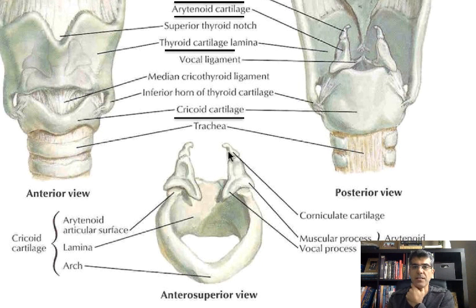Did you notice that the arytenoid cartilage is like an L shape? This is the front, this is the back. The front part of this L, this piece is called vocal process. There's a ligament that comes from this tip and it's going to come to the front and it's going to attach to the thyroid cartilage. Just like this one that you see.